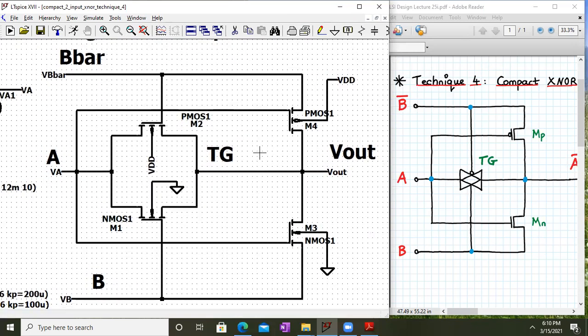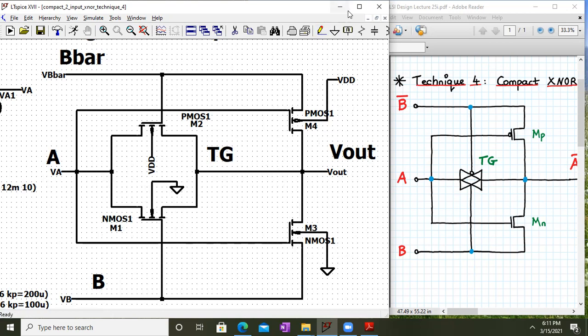So here we have the circuit. This is B bar, this is A and B. This is my transmission gate consisting of PMOS and NMOS pass transistors, which you see over here connected in parallel. Remember that for all the PMOS transistors, the body terminal will be connected to VDD, and the body terminal of your NMOS transistor will be connected to the ground. So please remember that fact. Also, this is your PMOS over here. This is MP and this is MN, as you can see very clearly.